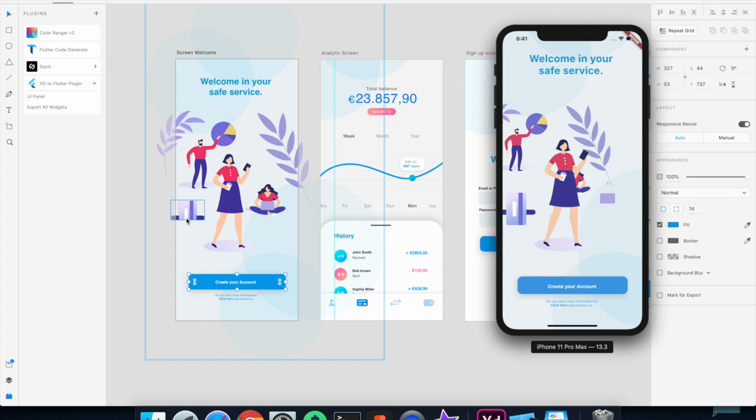So now a designer can actually develop this screen and show it to clients. Now they have the power of Flutter, and that's it. So this was the announcement from the Adobe XD and Flutter team about this plugin, and this is very useful. This is very amazing news, especially for me.